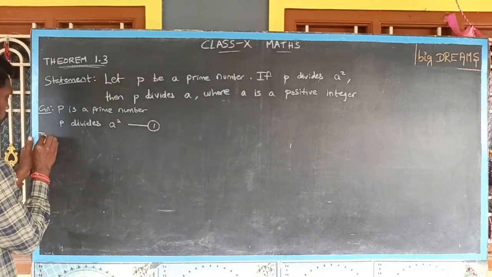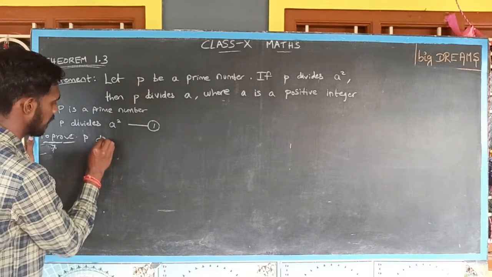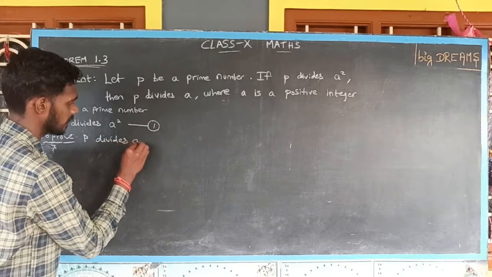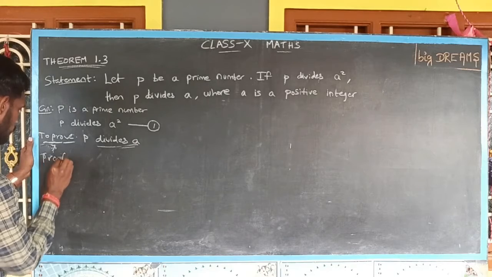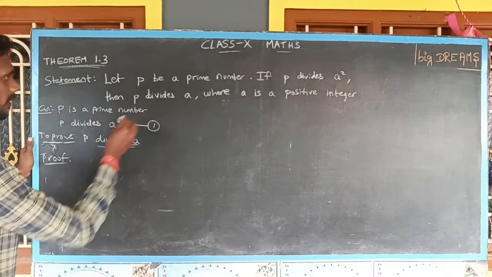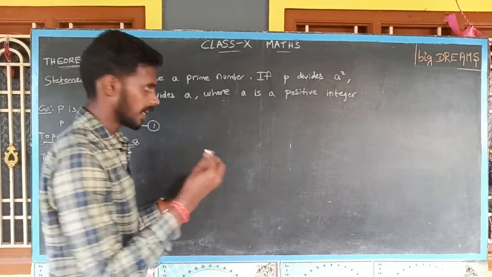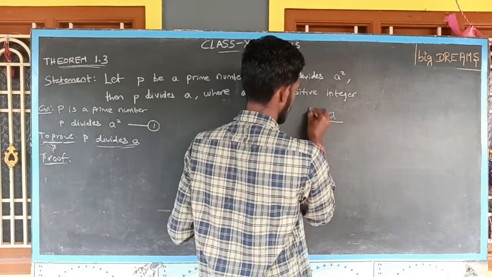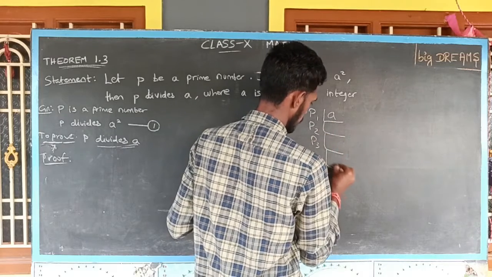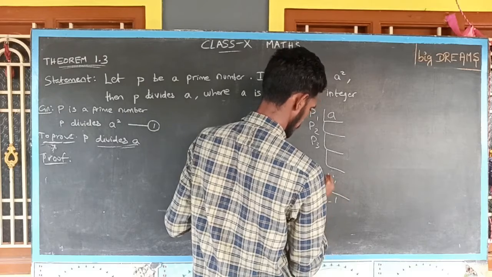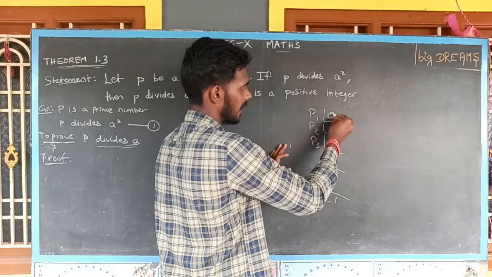Okay, we have to prove that P divides A. So this is the statement I have to prove, right? So let's move to the solution. They have given A is a positive integer. So according to the fundamental theorem of arithmetic, A can be expressed as the product of primes. When I prime factorize the number A, a positive integer,